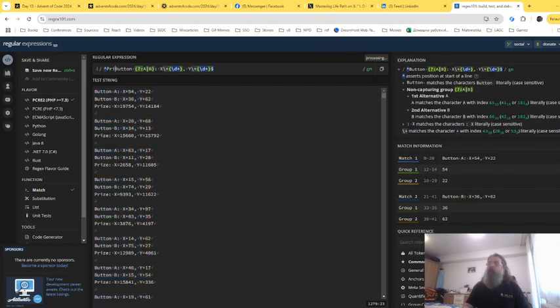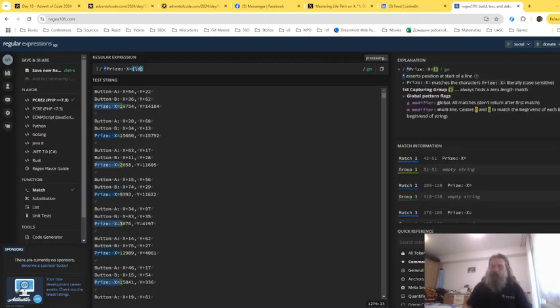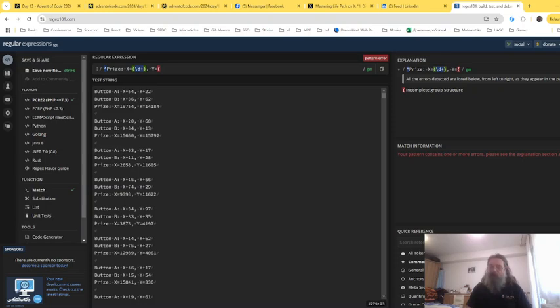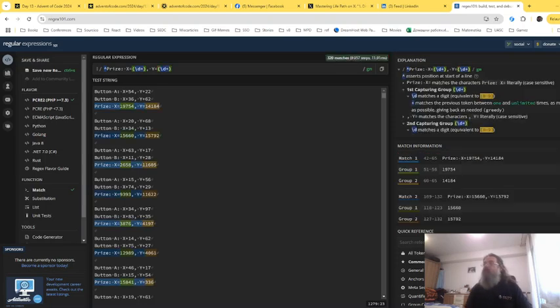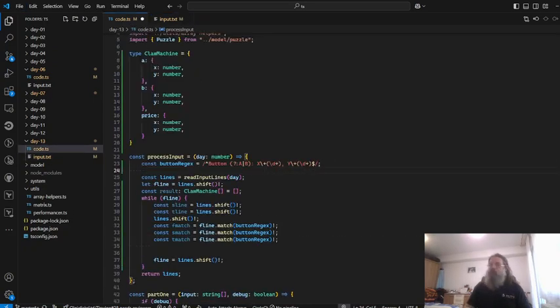So we need to match on price is x equals some numbers, then a comma, then a space, then y equals some other numbers. And the string ends. So that's the price regex. So this will be matching on the price regex, and all of them have two different matches, so